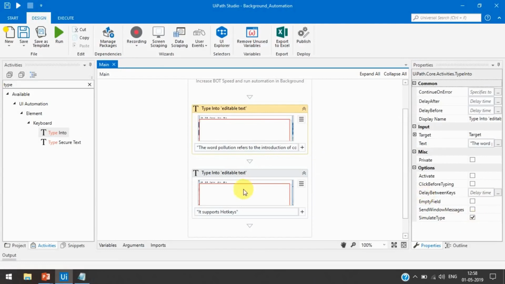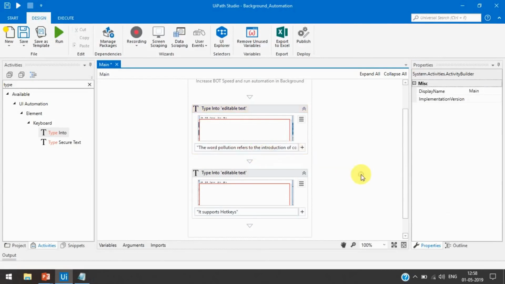Now here we are going to select simulate type, and then here I will keep the hotkeys like k enter, and let's see whether it is supporting hotkeys or not. Then again it has the data.